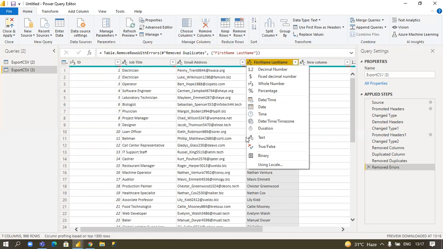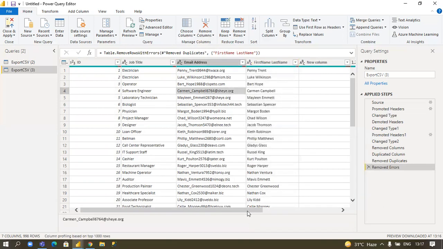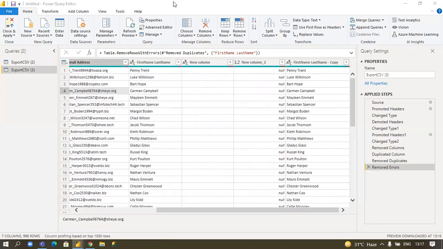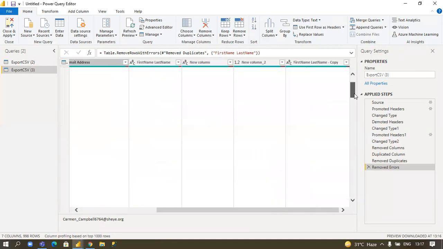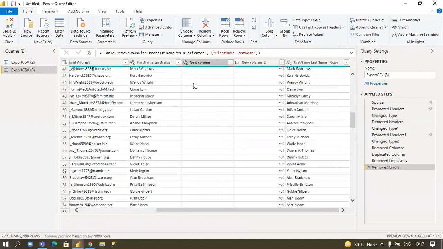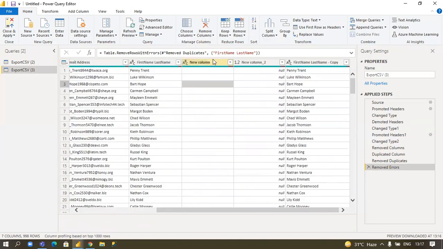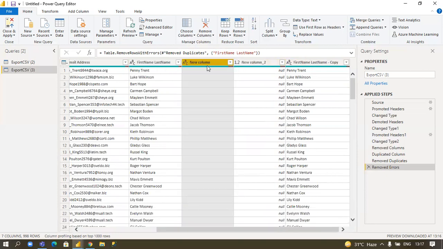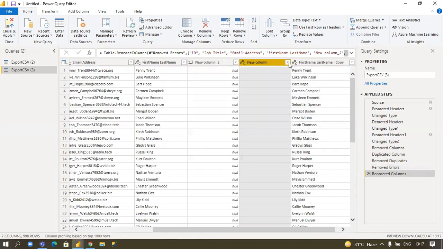You can see text is ABC, and if you want to convert to any of the options you can click, but as of now I don't want to, so I directly come to the last option and check here. New column, there is nothing, okay, fine. And suppose I want to delete these two columns. I want to shift this column, so I directly select it, left click with the mouse or keyboard, and move it. I want to shift it here, so I will drop it here. I will drag from any location and drop to any location.